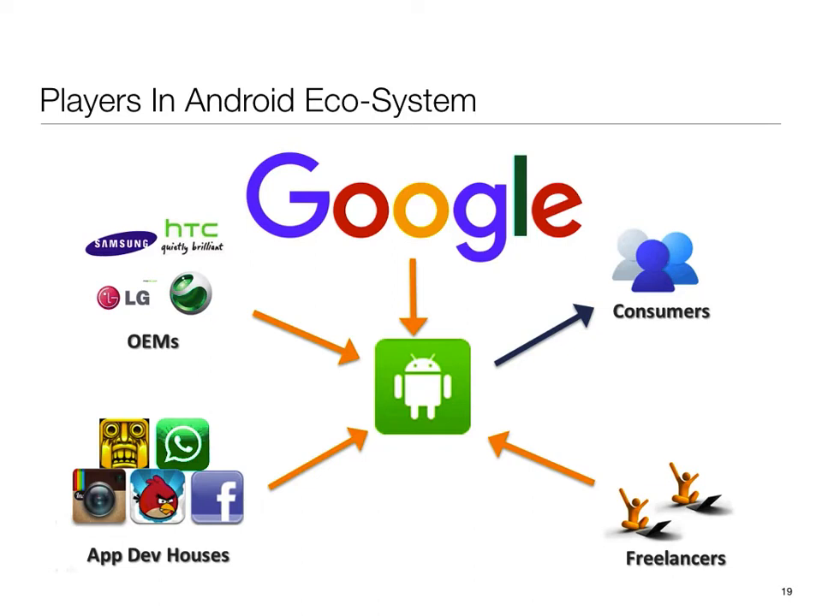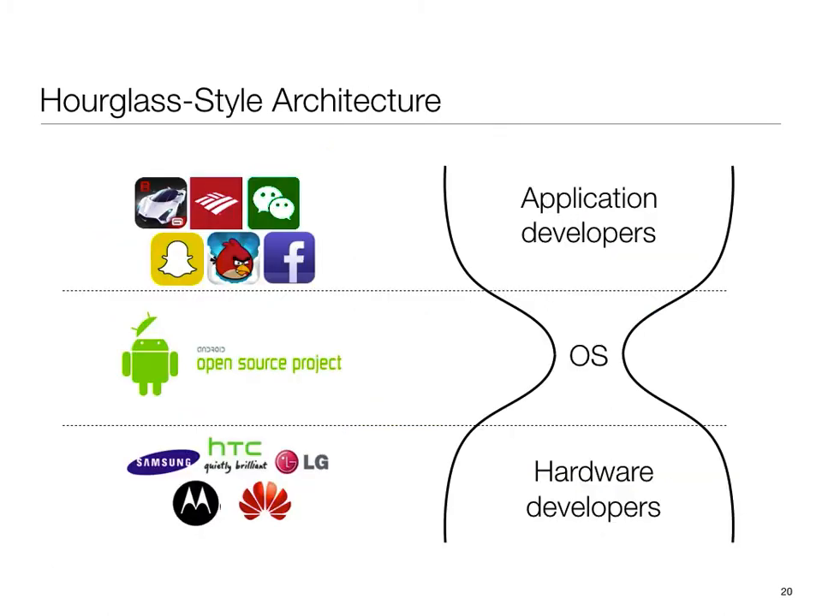When you deploy an app, there's a whole bunch of players in this ecosystem. You have the distributors, like the OEMs that are developing all the hardware of these phones. You have Google, who's collecting all this data and providing the OS. Obviously, the consumers. Then you have the freelance developers that are developing third-party APIs and apps, and then you have these monster app dev houses that are dominating the market and purchasing a lot of the freelance apps that come out. And they describe this as an hourglass-style architecture, where at the top you have the application developers,